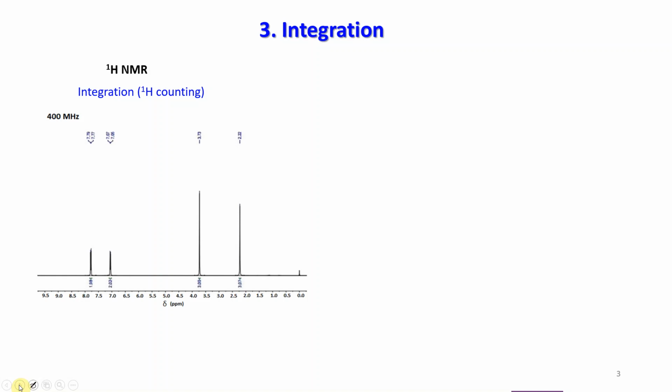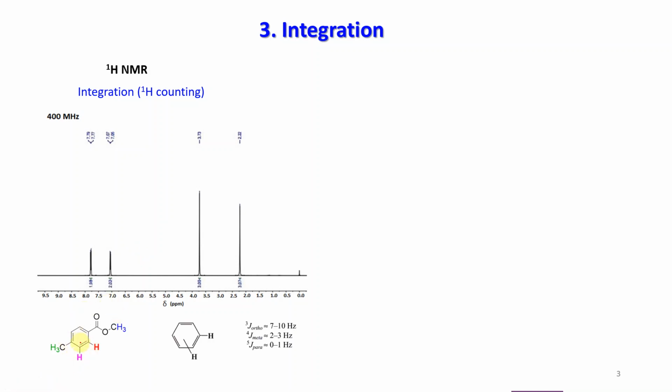Okay, so we are discussing the integration, and we already have come to know that for proton NMR the integration means proton counting, and 13C NMR will similarly have integration, if we at all think about it, that will be of the number of carbon, okay, counting. Now here the spectra has been given, and that I discussed in the last class.